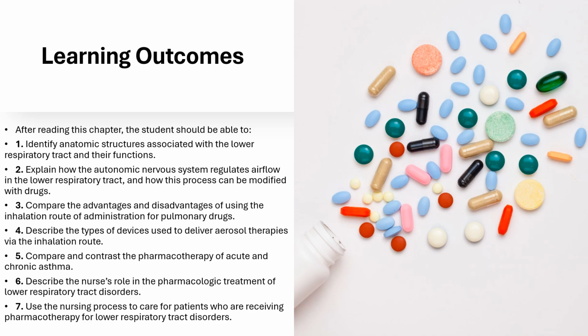Explain how the autonomic nervous system regulates airflow in the lower respiratory tract and how this process can be modified with drugs. Compare the advantages and disadvantages of using the inhalation route of